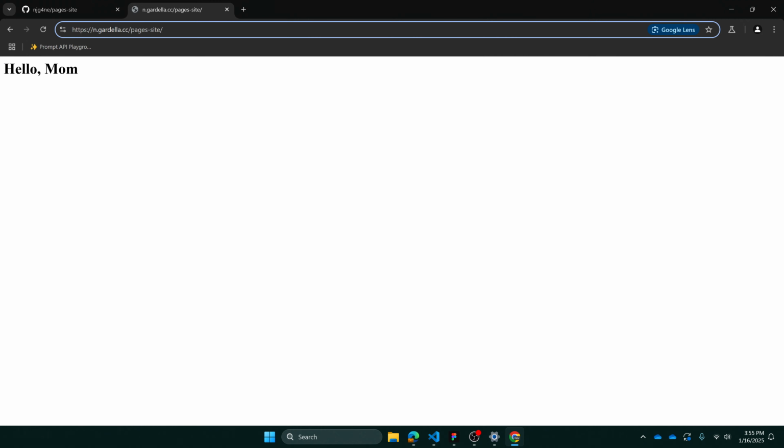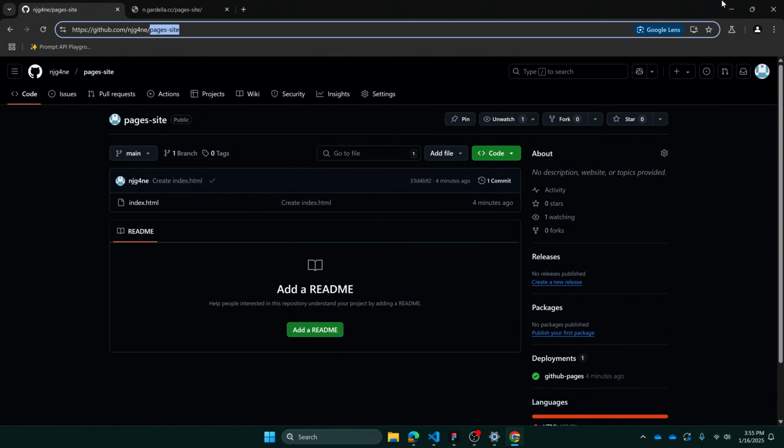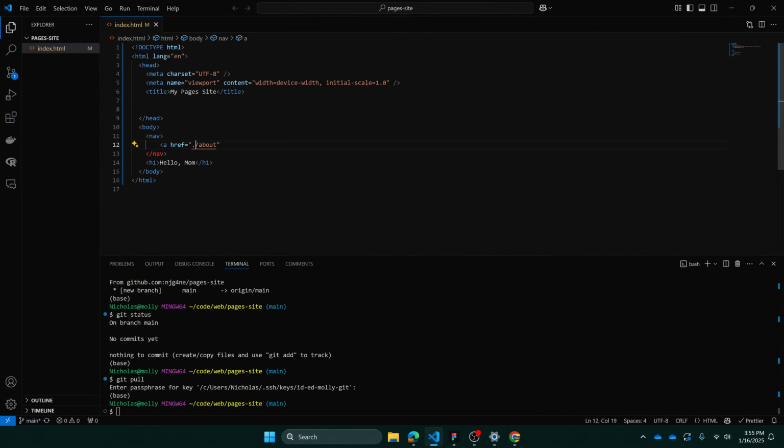It's not going to be directly on the top level domain here. It's going to be on this path under that. So it's important that you use this dot notation, meaning from where my current page is, which is the root of that pages site, /about. I can make a link to the about page,